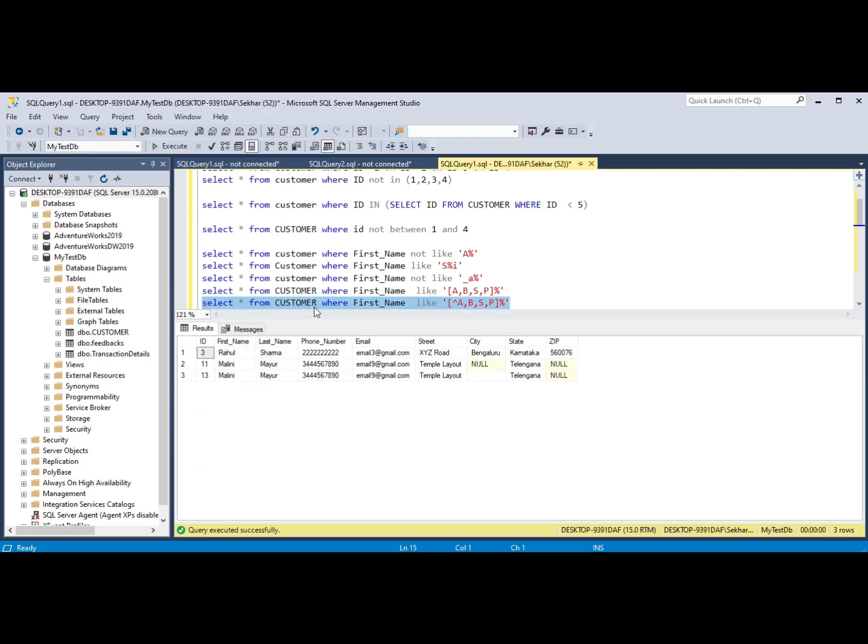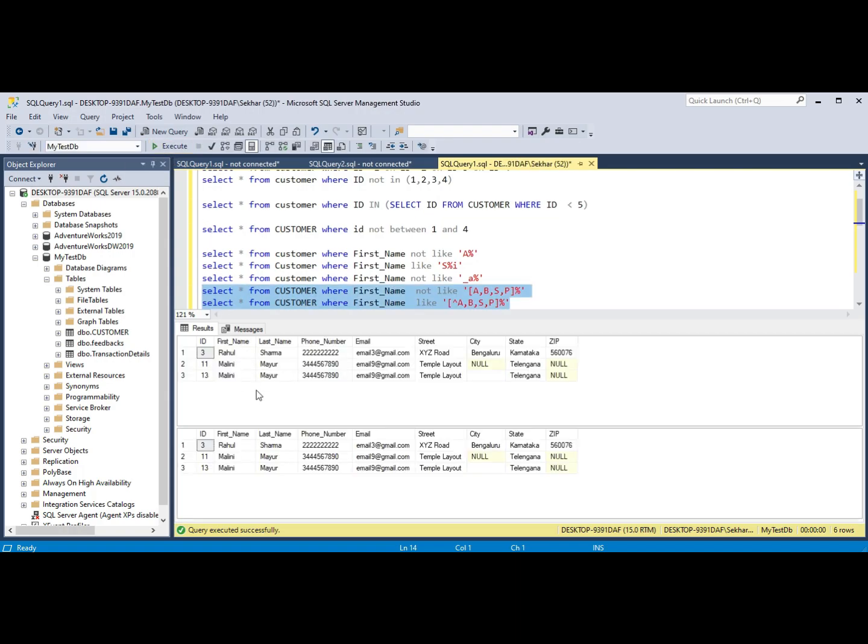It will give every name which is not starting with A, B, S, P. So it is similar to not like. If you see here, I am writing not like in the first query, and if I write this here, both will give the same result. So this negate symbol is basically this kind of not like.